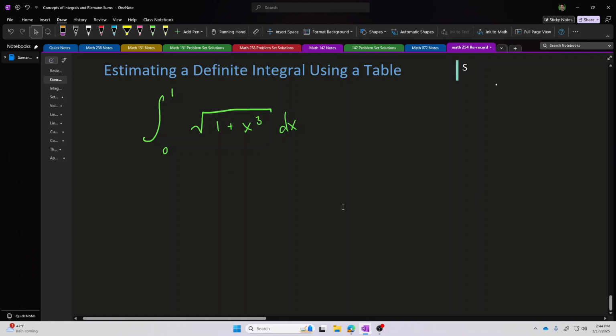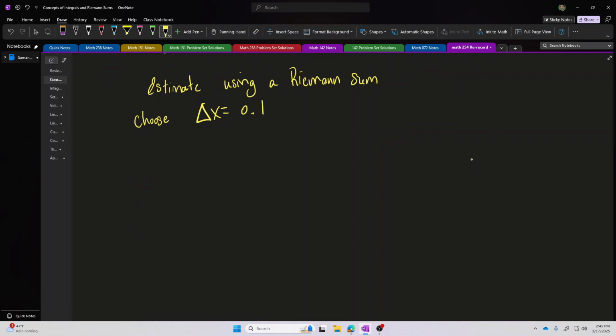So when you're in a situation like this, it's appropriate sometimes to estimate using a Riemann sum. For example, if you type this particular integral into a calculator like Symbolab or Wolfram Alpha, what they are doing behind the scenes is a Riemann sum estimate of some kind. So if you wanted to get the calculation done quickly, you can choose a relatively large delta x value, like 0.1, which will split this interval into 10 subintervals.